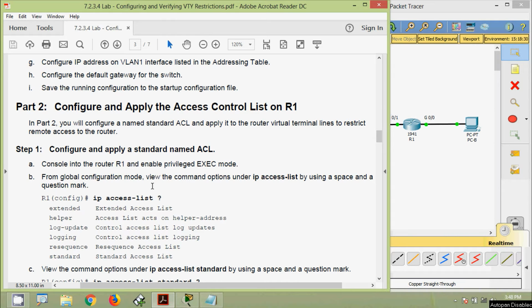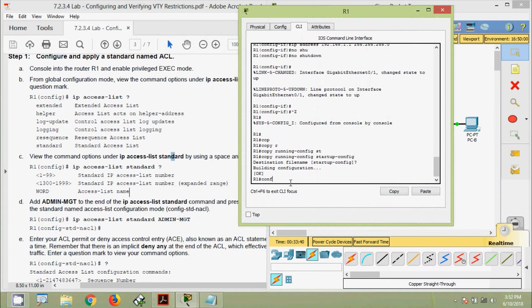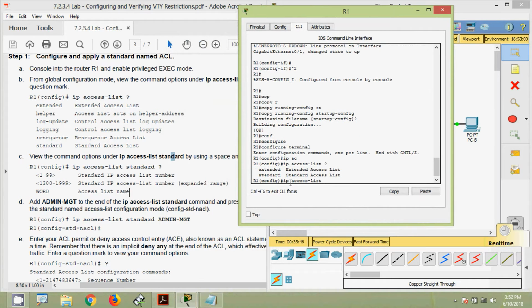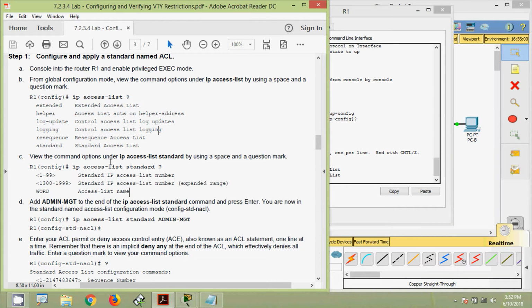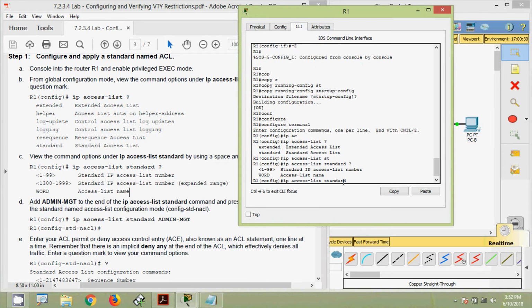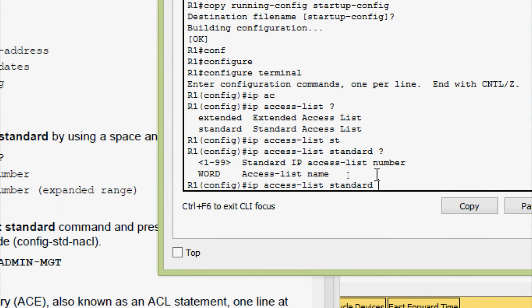From global configuration mode, view the command options, enter ip access-list by using a space and a question mark. We will come to our router R1, configure terminal, ip access-list, then we are going to put a question mark here. Here we can see extended and standard. Right, view the command options, enter ip access-list standard by using a space and a question mark. Here we are going to give standard, then question mark. Here we can see 1 to 99 standard IP access list number, WORD access list name. Right,